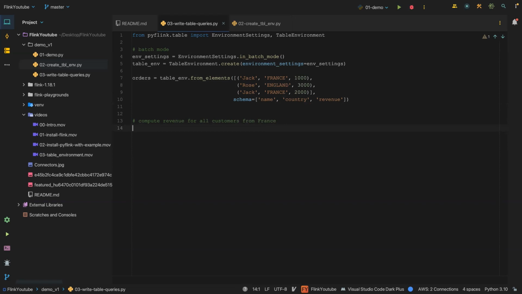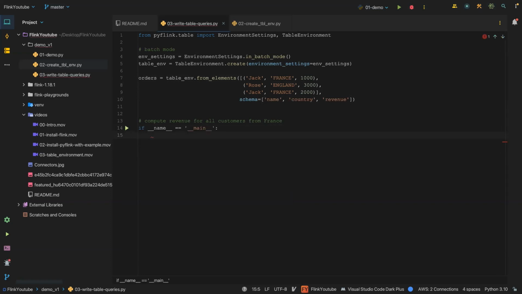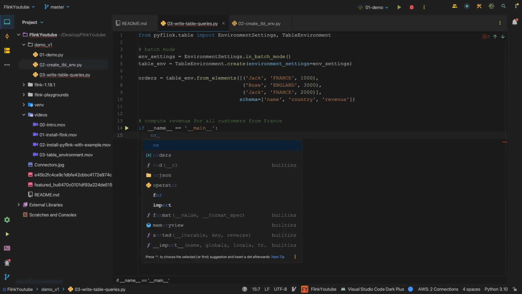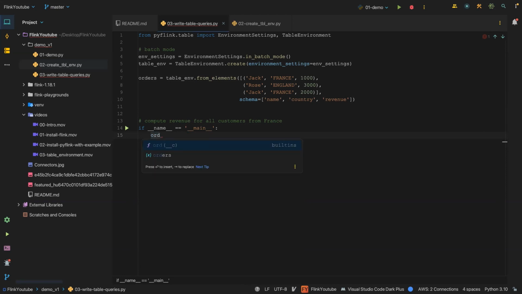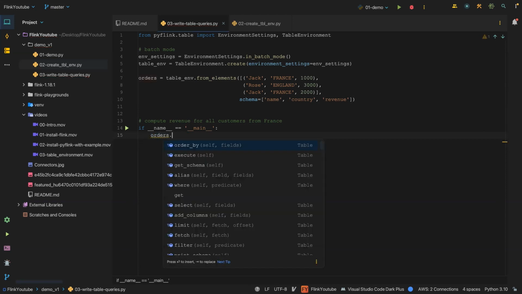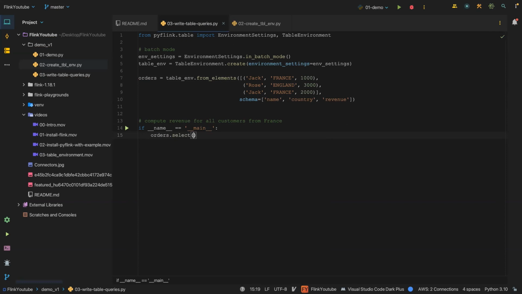So the next thing we can do is to say orders. Let's create the main function. And then let's call it orders dot. Okay, so you can see these are all the transformation functions on the orders table. Okay, so the first thing we are going to do is to select. The select function is what we use to select the fields. And then we're going to call,